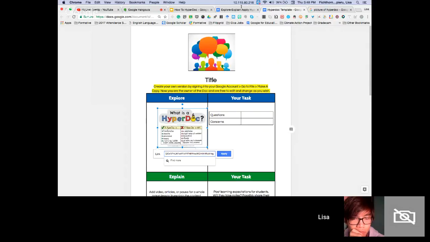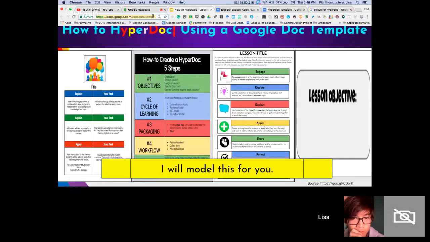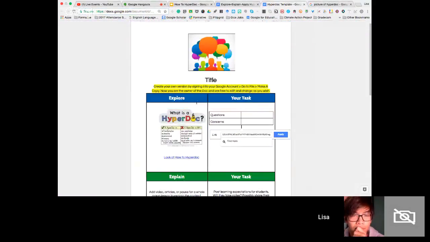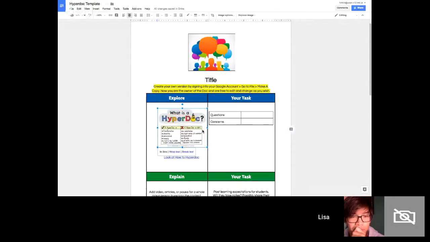But normally you can use the image, and then you can insert the link in it. They'll just click on it. You just have to guide them. And every Hyperdoc template is really the same process. The only other thing I would really comment on, just so if you're new or you don't know Google Documents,